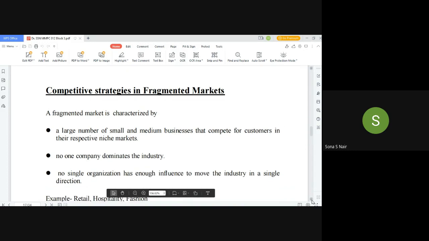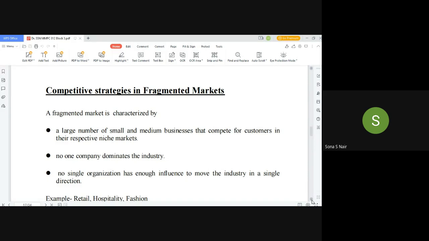rush, because now, what is a fragmented market? A fragmented market is a market or an industry where no one company dominates the industry. So there are various areas you'd see. Look at the medical facilities everywhere. I think it must be all over the place that there are not many big players. There might be some big players, but no one is dominating.